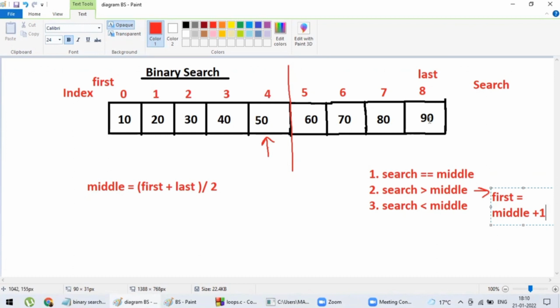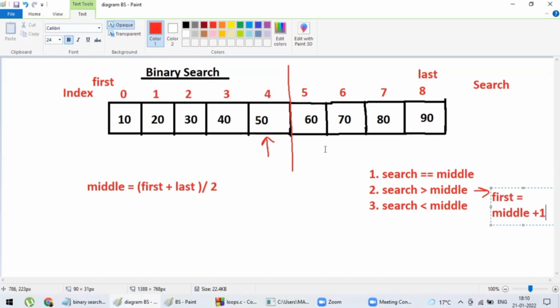Okay, if our searched element is less than middle element, that means we have to search towards the left hand side. In that case, we have to ignore this part. We have to split our list into two parts, and the new list is now this: 0, 1, 2, 3, 4. Okay, so in that case, we have to update our last, not first, because first is same as 0, and now we have to update our last variable.